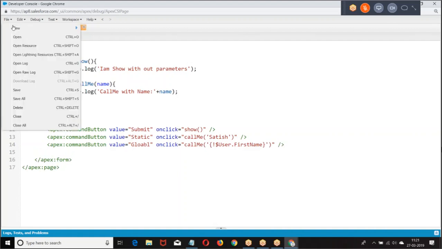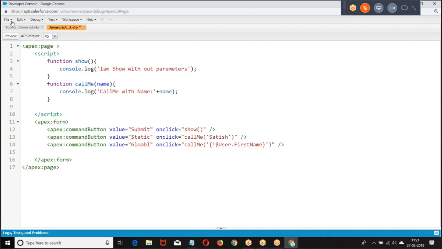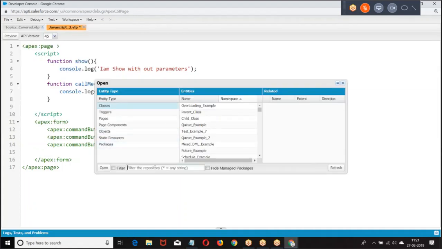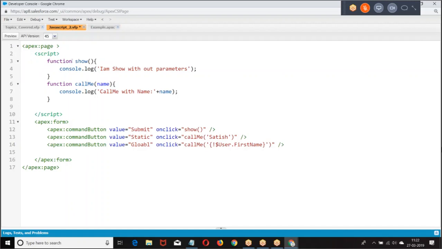Then similarly, I'm giving, already an Apex class is there with a name called control equal to example.